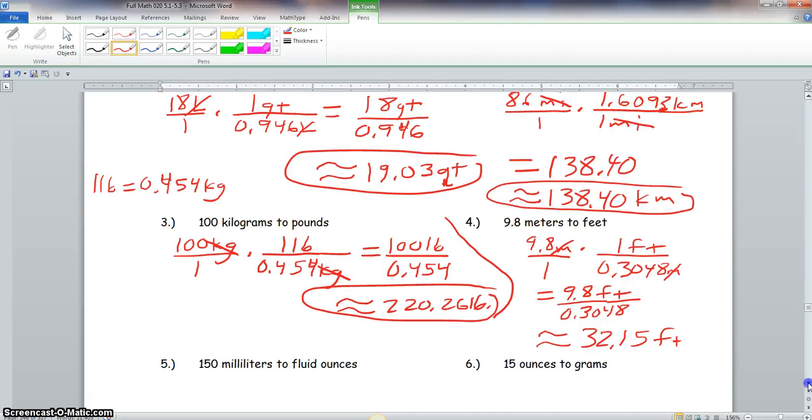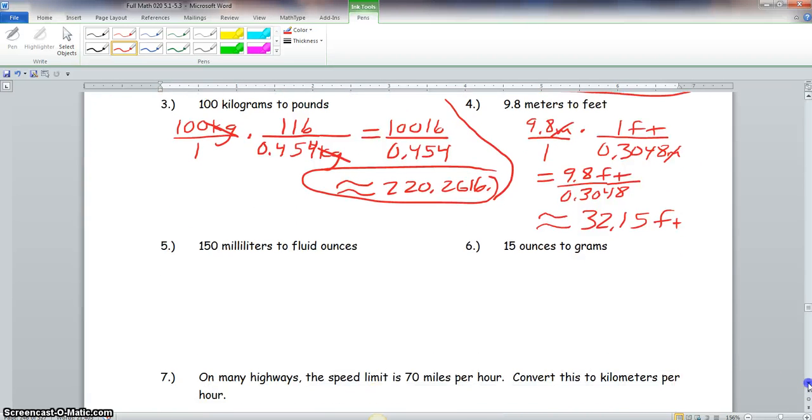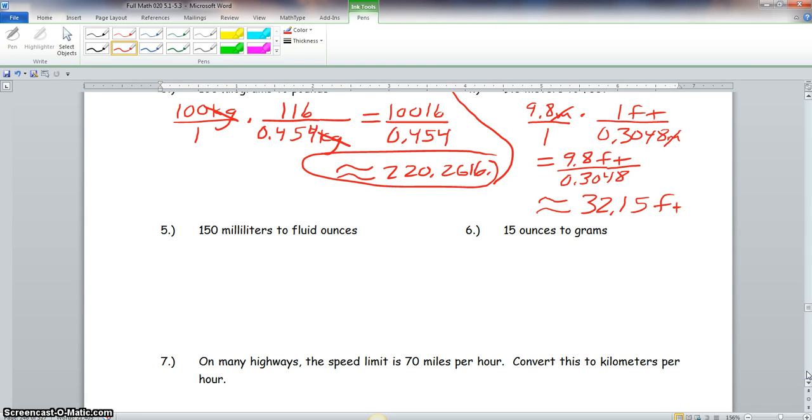Now we scroll down and we come here to problems 5 and 6. Now we're going to want to go from milliliters to fluid ounces. If you look here on your chart, there is no milliliters to fluid ounces, but we do have fluid ounces to liters. If you look under your capacity. So what we would do first, we would take our 150 milliliters and we'll put it over 1, and we'll multiply that by, now what we're trying to convert it to is fluid ounces. So we have 1 fluid ounce, and that's the same as